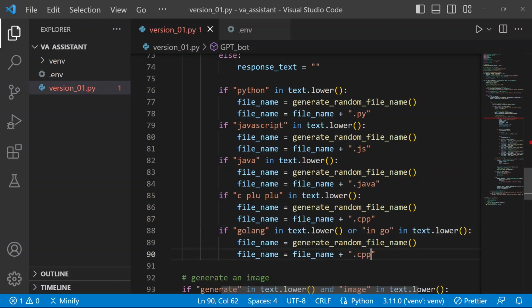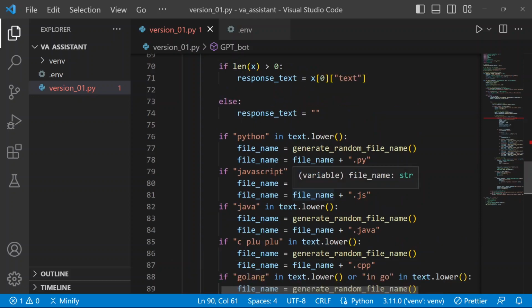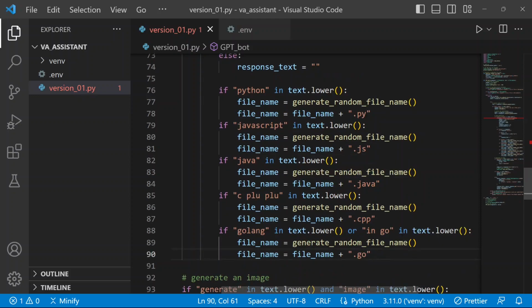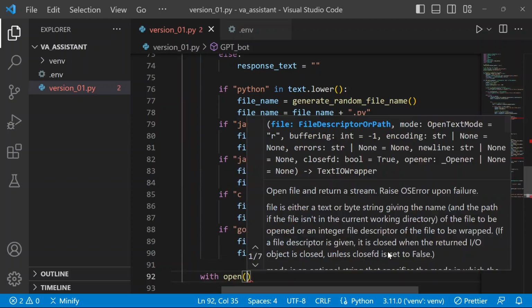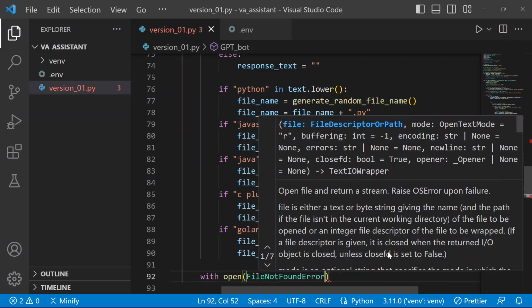Okay, so in here I'm just going to say Go. That's going to be our file extension. So we have all this right here. That's a bunch of if statements, I know. Once we have that there, we can go ahead and say with open. Now we're going to open that file that we just created. We're going to say file name,